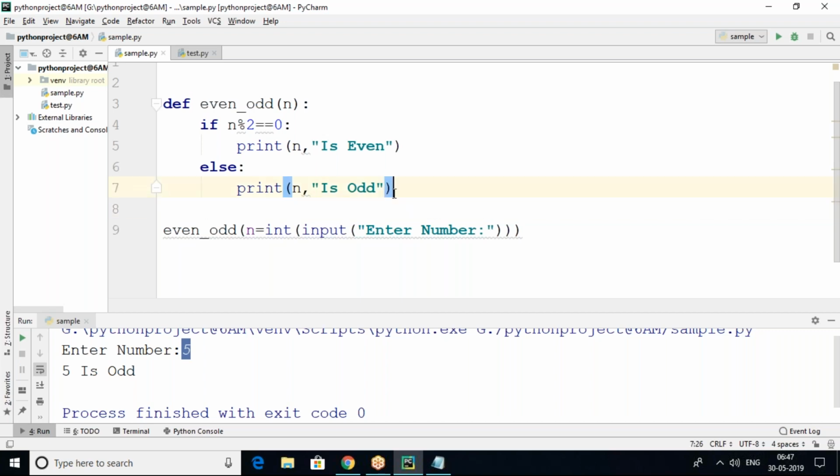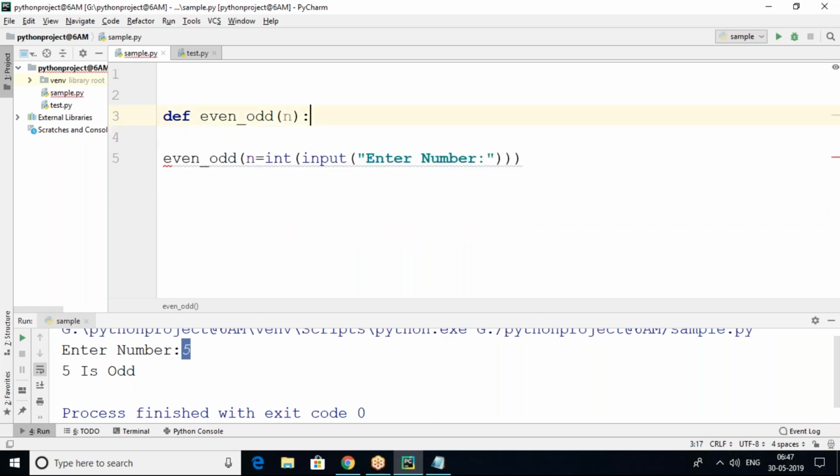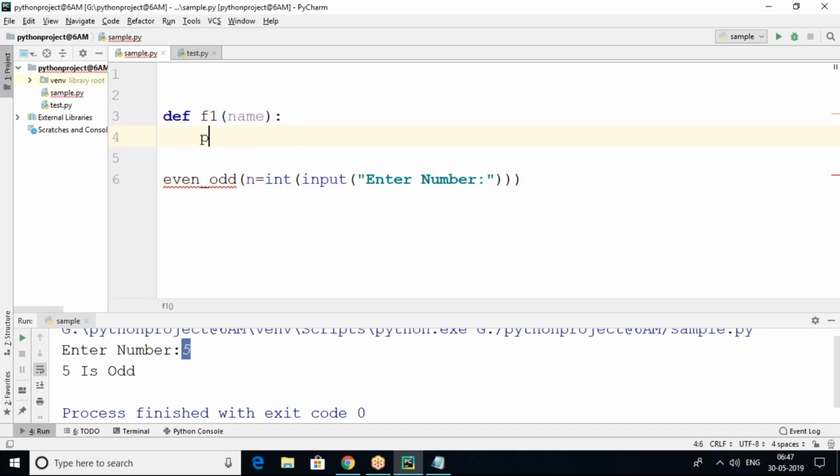For example, look here. This is function f1 with a name. This function is going to print your name. Don't worry about the things you are asking, we will discuss all of it going forward.